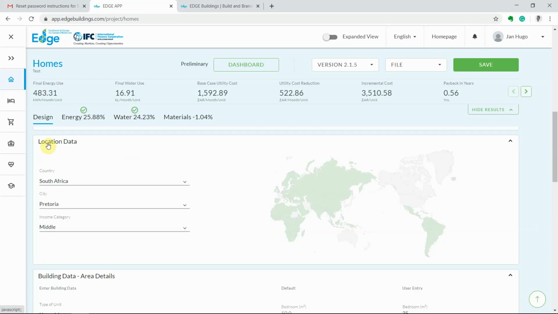Now this is where the tool becomes, I think, very effective. So here you add in the specific country, the city. Under South Africa, there's a bunch of cities or metros available, and the project income level. What this means is this allows the tool to access a database that has information regarding South Africa first. So it'll be related to our energy mix, our basic